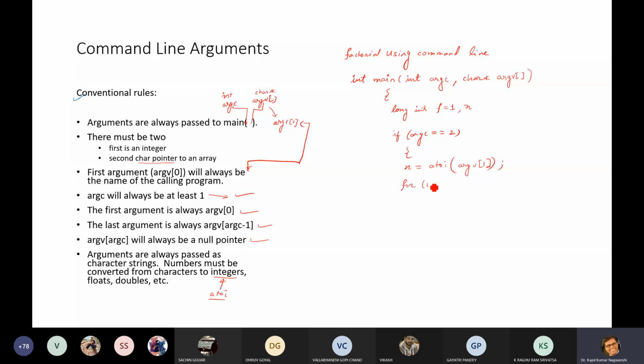Then for integer I equals 2. Why 2? Because anything multiplied by 1 will give you the same result. I is less than or equal to n, I plus plus. Okay. Now f equals f multiplied by I. And then this loop will close, and then printf